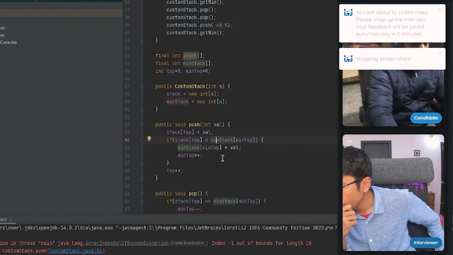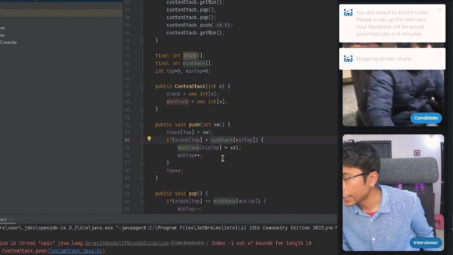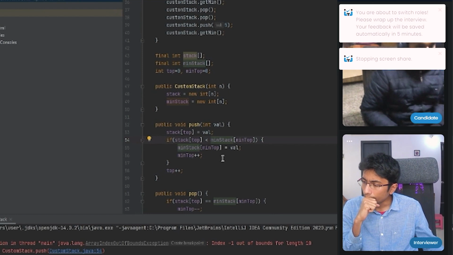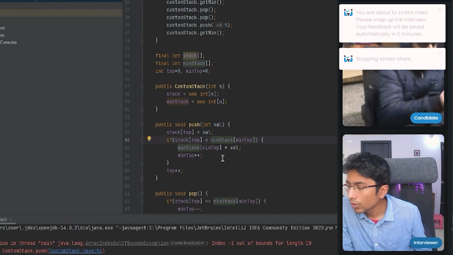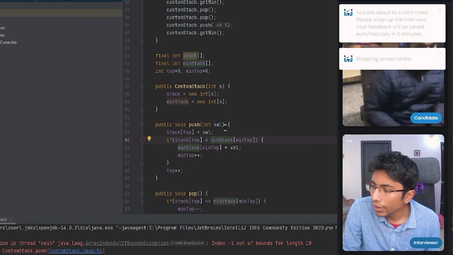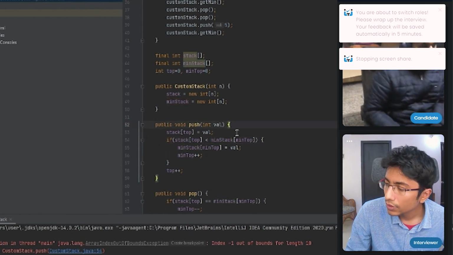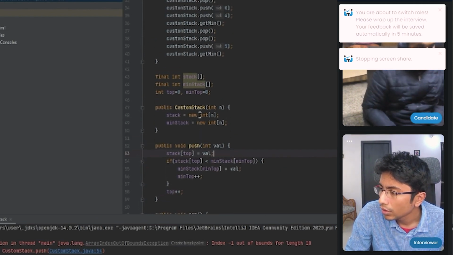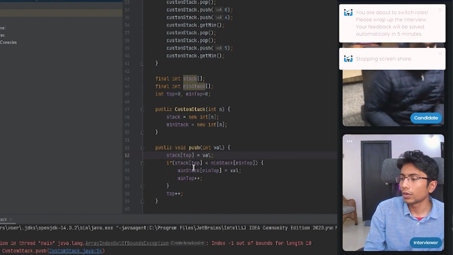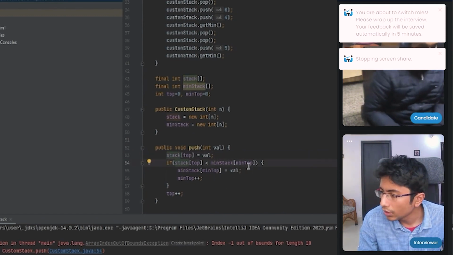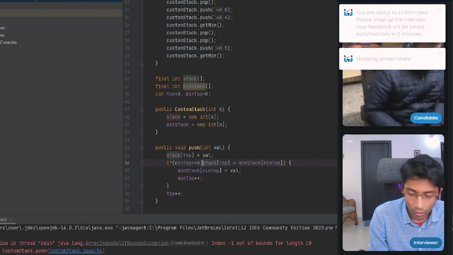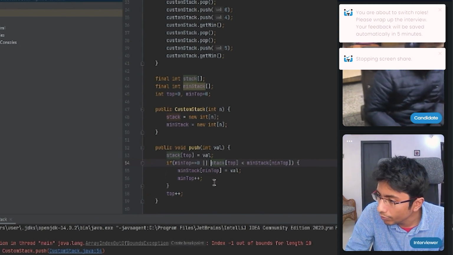Okay. Min stack top is 0. Yes, it is greater than this. It's always 0. Maybe one of the conditions I can add over here is, if min top is equal to 0, then we definitely push.